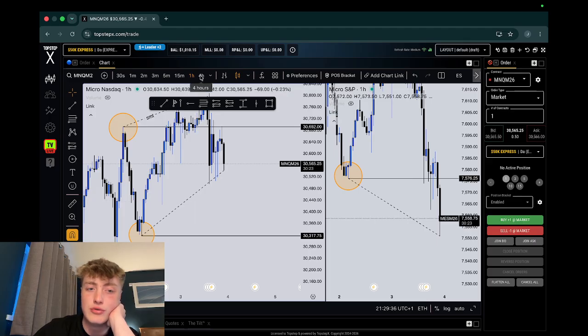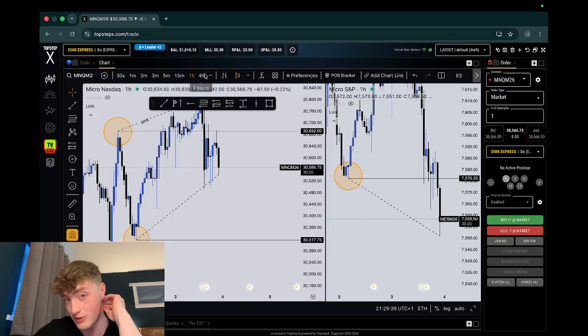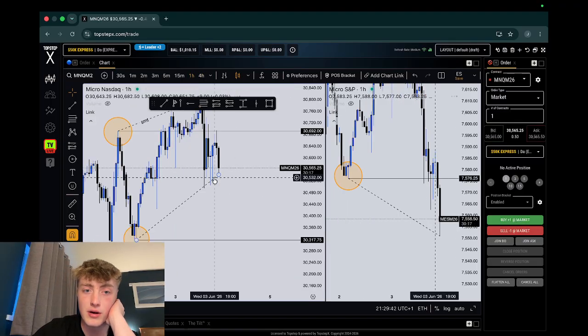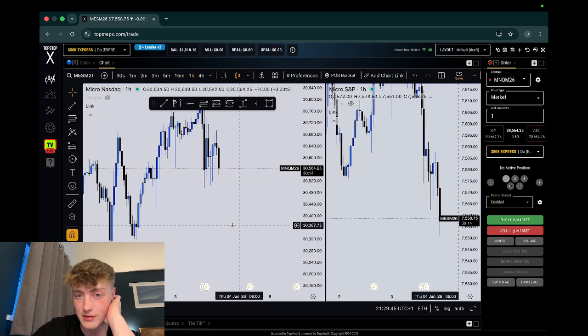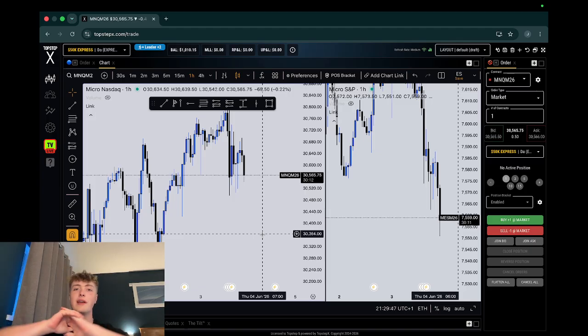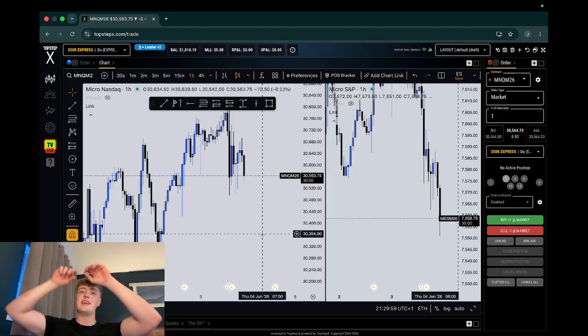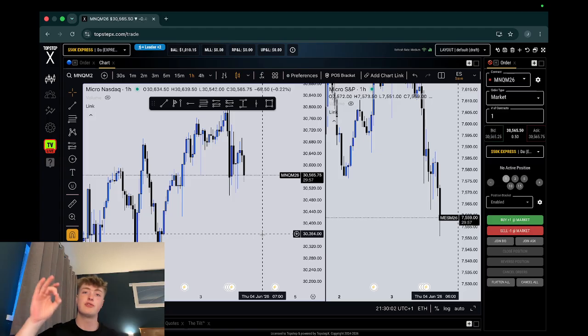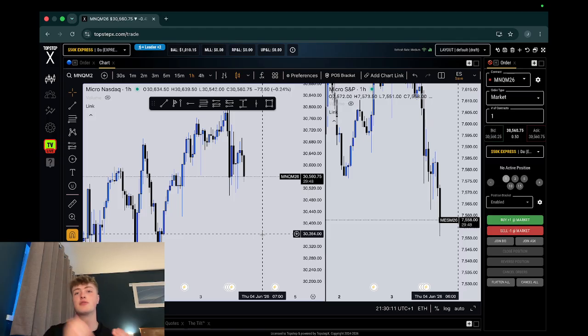Now, how do we use this in correlation with other stuff? Like the gaps I just said before, I personally consider an SMT valid when it is either at highs and then starts disrespecting structure, or when it's at lows or in a gap, right? So say we're at all-time highs, NQ comes up, takes the high, ES doesn't, right? We then disrespect a 1 hour fair value gap and respect a bearish fair value gap. That means we are now in bearish structure, okay? Because we are disrespecting bullish gaps and we are respecting bearish gaps, which means we've flipped to the downside and we're likely to continue lower until we